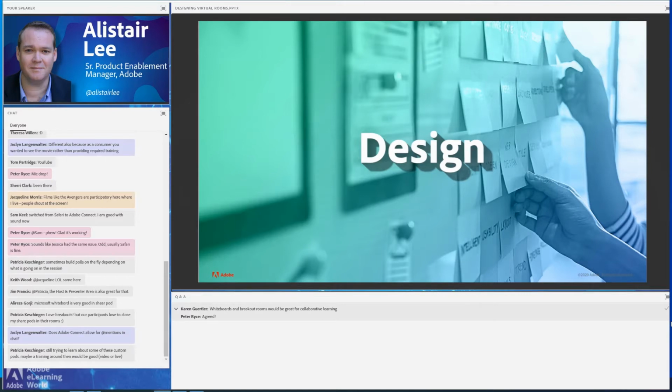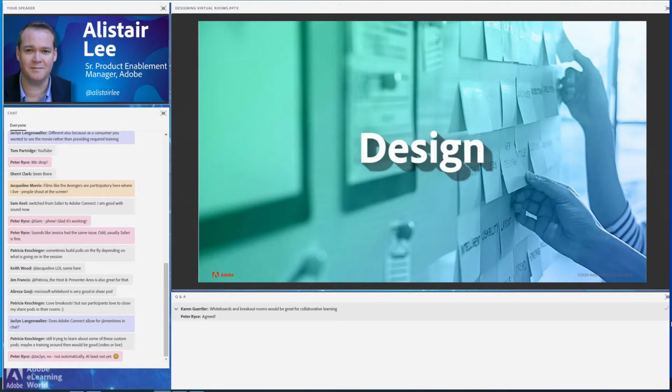And that may be the email that they get to join a virtual classroom or to go and take a course, right along to the end where they're getting maybe a report or a thank you or a follow-up or even a set of action items that they need to take after the virtual classroom session has happened.